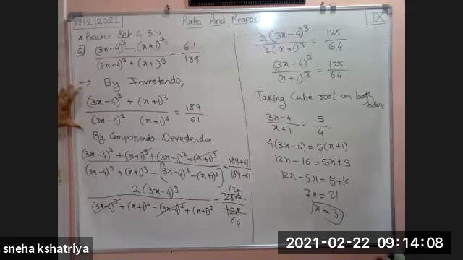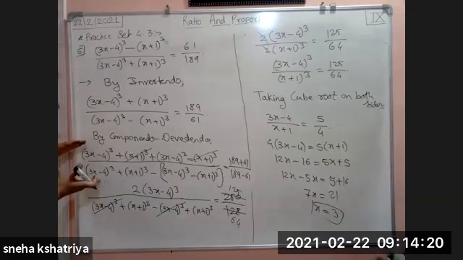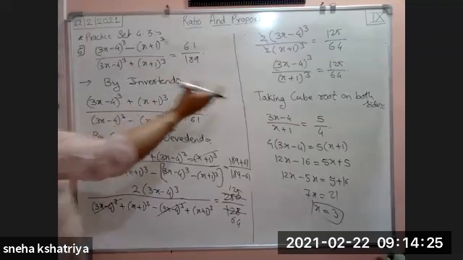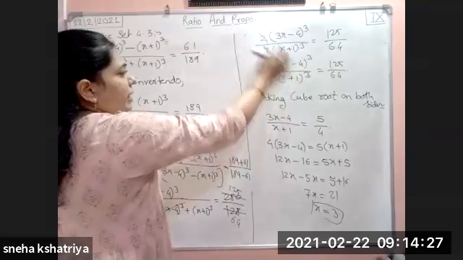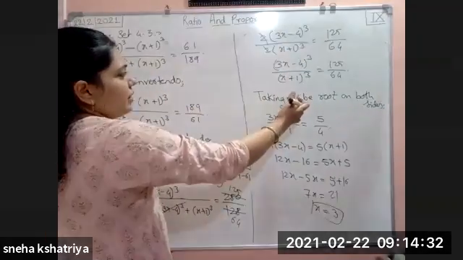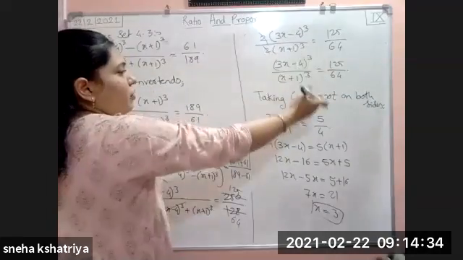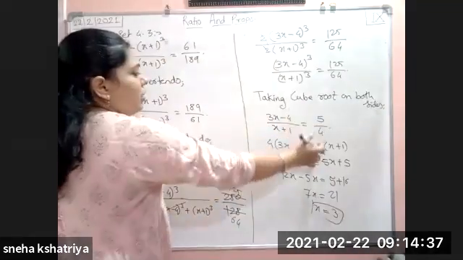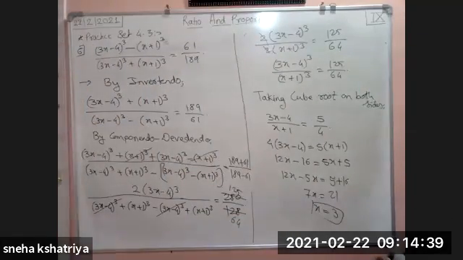See here, if we don't do this step, there will be no change in this example. This example will remain as it is. The answer we will get in the same form. There will be no change. Just what will happen, this denominator will come at the numerator and the numerator will come at the denominator. In each and every step the same thing will happen. (x + 1) cube will come at the numerator and (3x - 4) cube will come at the denominator. There also 64 upon 125. Here 4 upon 5. If you solve it, at the last step it will also come to the same answer.